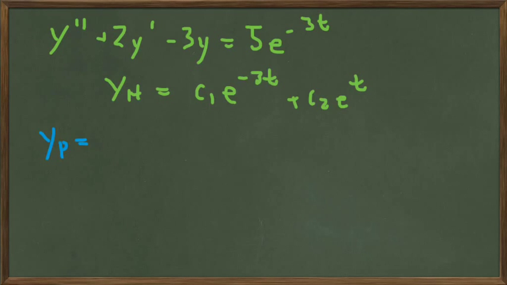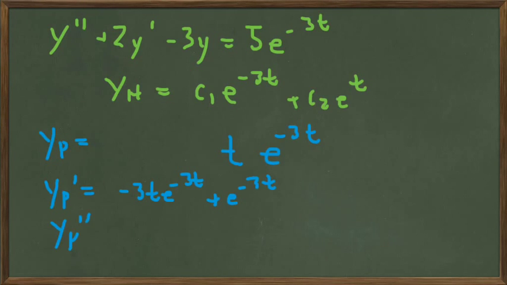So it's e to the minus 3t, and it has to be multiplied by a power of t, because that's already a root, and that power, since it's only a single root, is 1. So it's t to the first, or just t. So what we need to do is calculate yp prime by the product rule. So it's first times the derivative of the second, which is minus 3t e to the minus 3t, plus the derivative of the first times the second, which is this, and then yp double prime would be differentiating both terms,